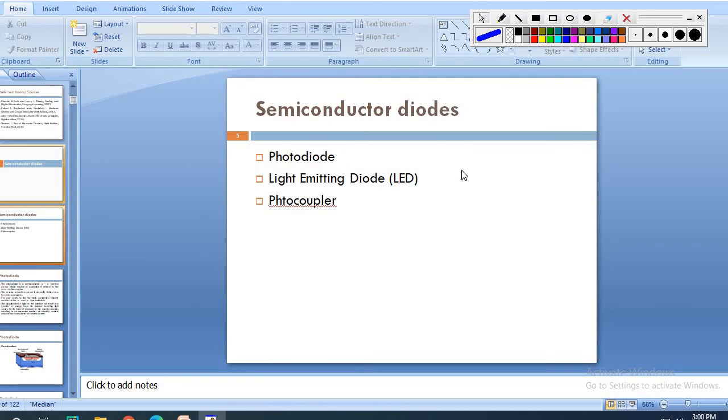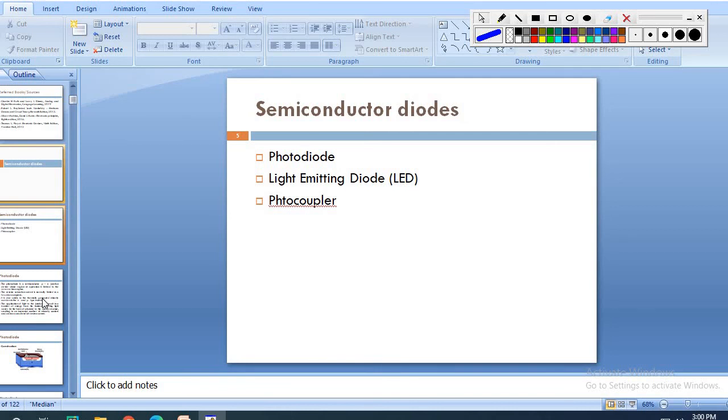How exactly the depletion region is created when it is in forward bias and in reverse bias condition. One more thing: when I apply a reverse bias voltage to the PN junction diode, there is a slight flow of current because of minority carriers. Just to increase those minority carriers, I am going with the photodiode. These are the highlights of today's topics.